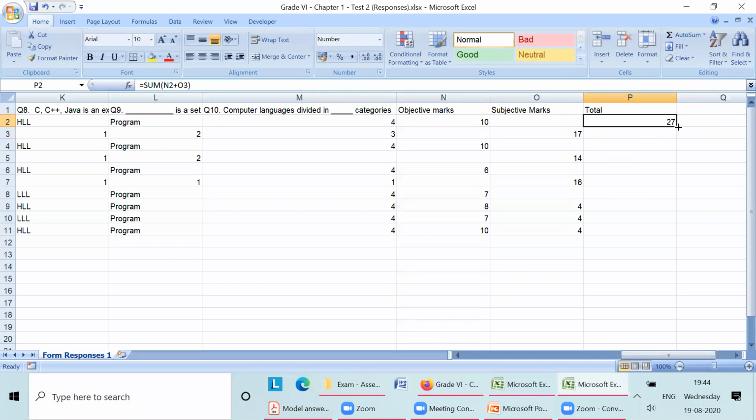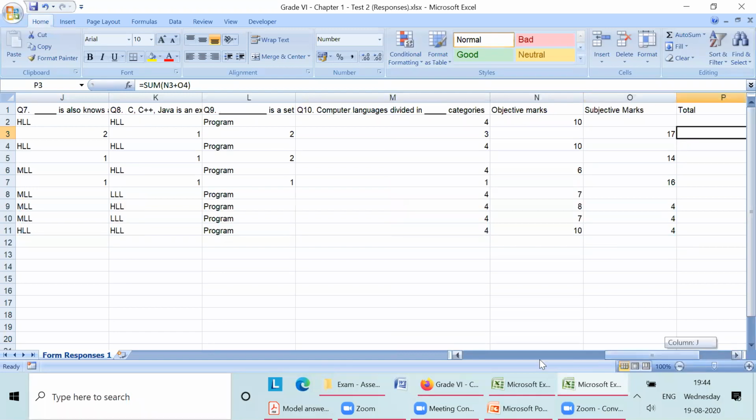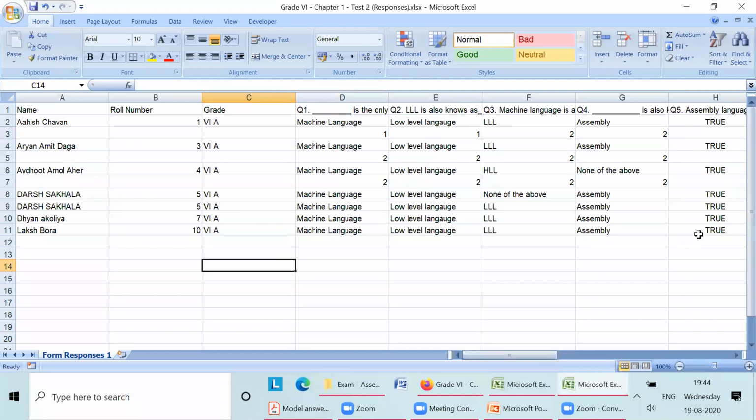Now the last step, you have to drag it. So you will get the marks 27, 24, 22 as alternate rows. This 0 is nothing, we don't have to do anything with the 0, because we have added a row for each student. So this is the assessment procedure for online, and at the end of the assessment you can write down